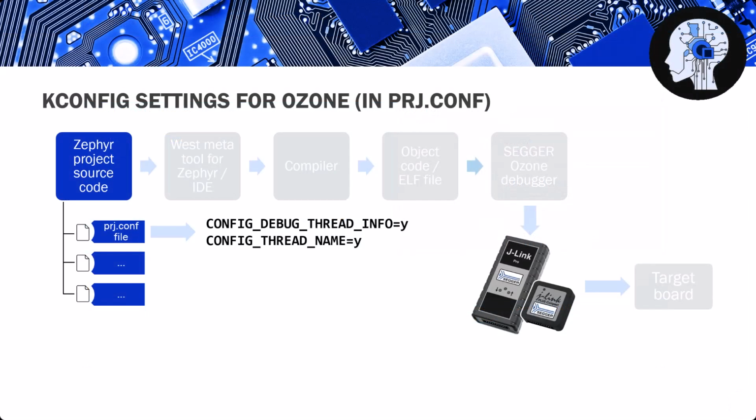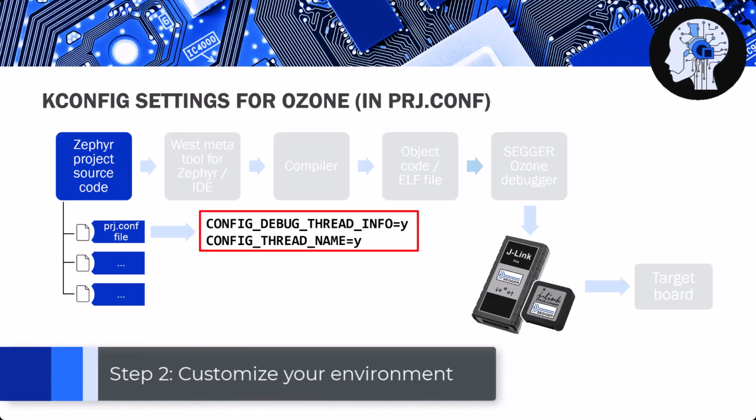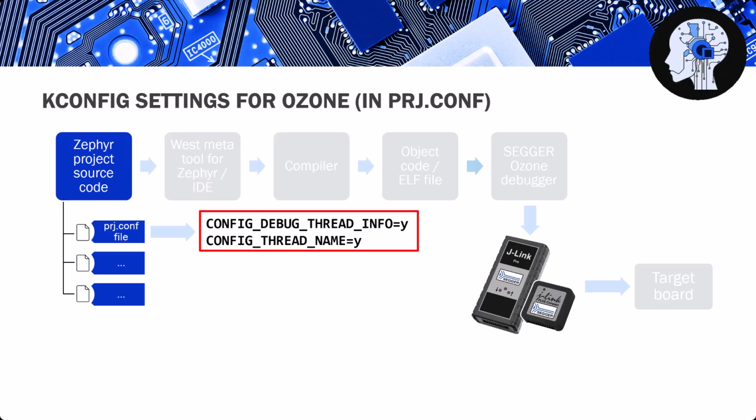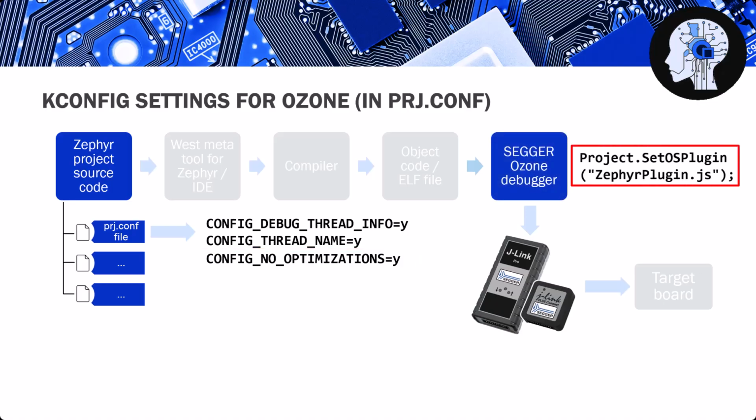In order to do Zephyr RTOS-aware debugging in Ozone, it is important to add a couple of kconfig settings to the configuration file in your Zephyr project. With these settings, Ozone can show Zephyr thread information. Ideally, if your circumstances allow, also build your project without any optimizations for the best debugging experience. Another important step we need to take is to enable the Zephyr RTOS awareness in Ozone by loading the Zephyr